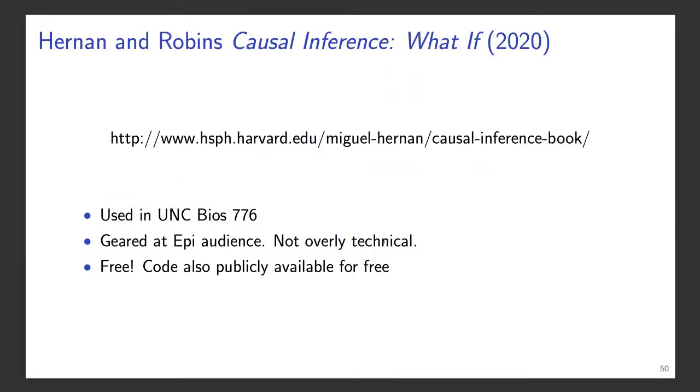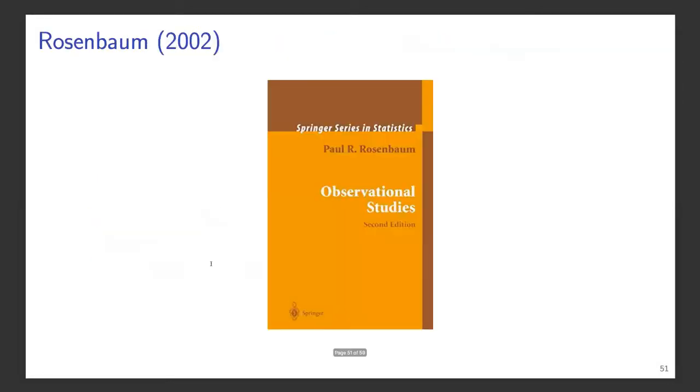There's a causal inference course offered in the Department of Biostatistics every 2 years, called Bio 776. For that course, we use the Hernan and Robins book, which just came out, called Causal Inference: What If. This book's actually freely available as a PDF right now. I don't know if it always will be, but you can go to this website and grab it. One thing that's nice about this book is they have code, R, SAS, Python, and so on, to duplicate all the results in the textbook.